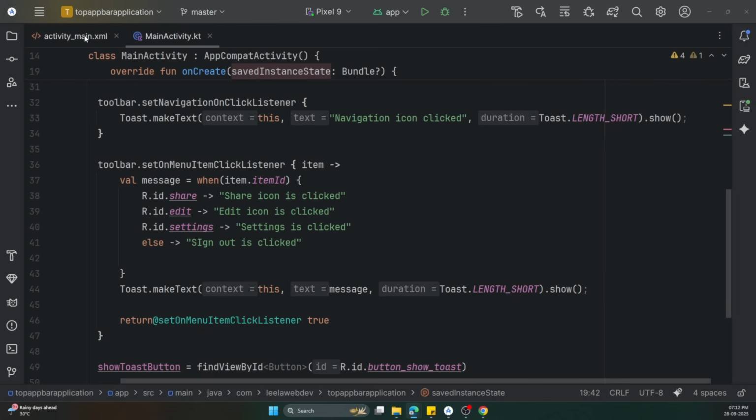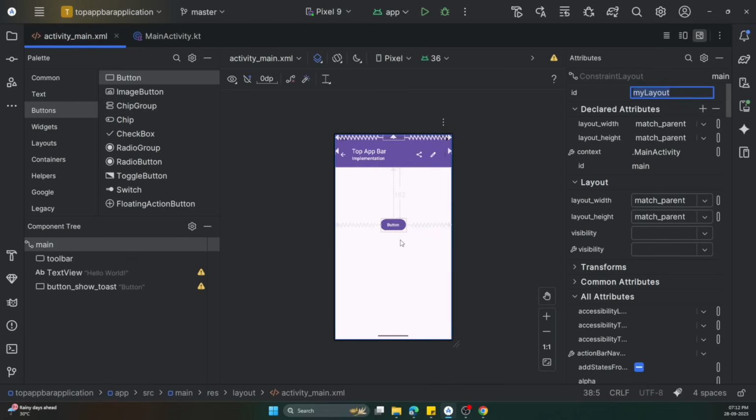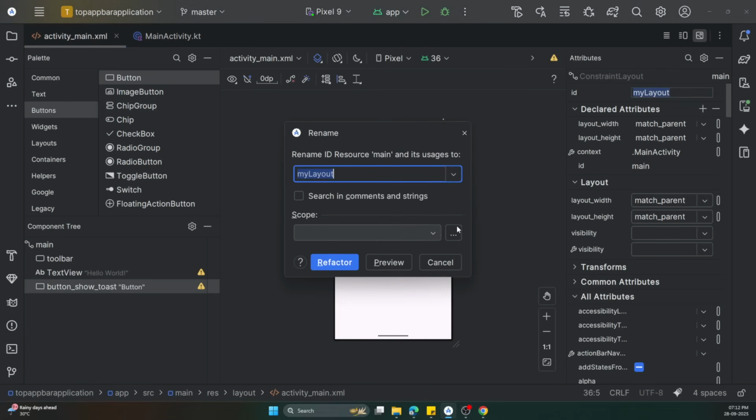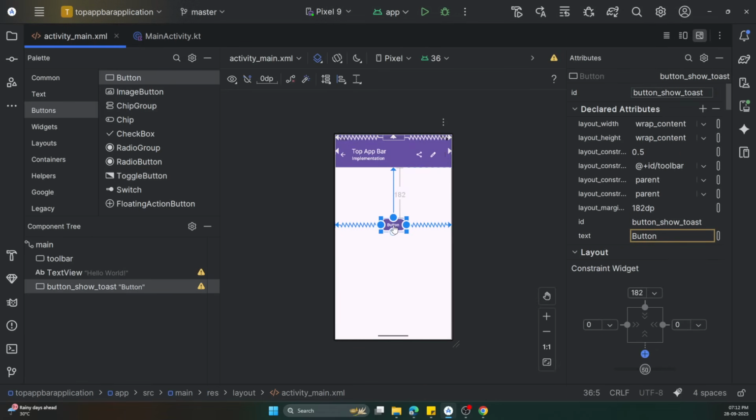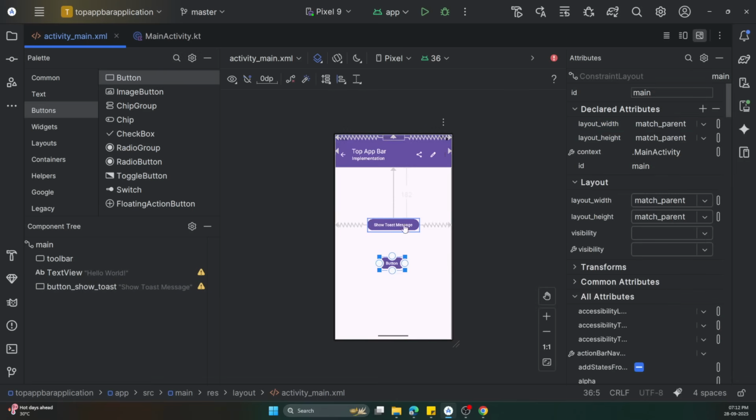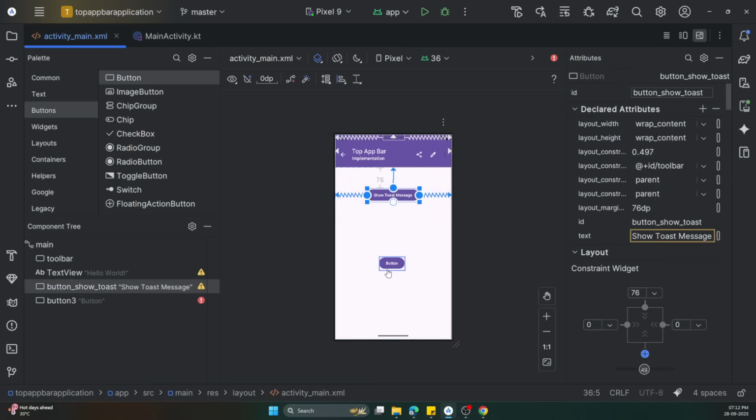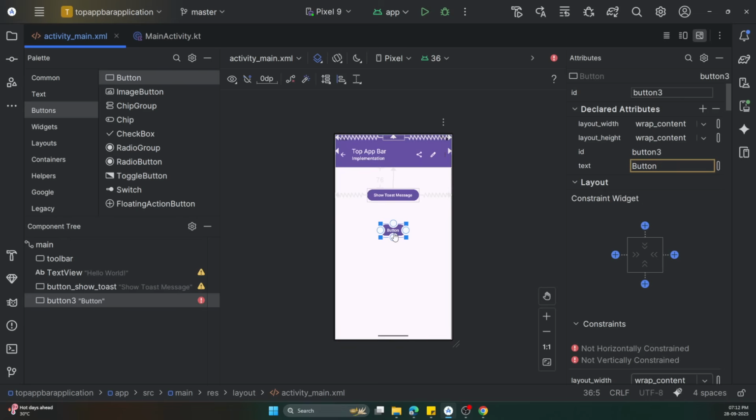In the design view, this is our button, right? I will change the button text to show toast message. So this one is the toast message which we have seen. Now let me drag another button. I will move it a little bit up, keep it here, and change it to show snackbar